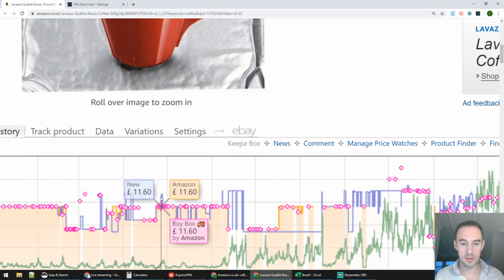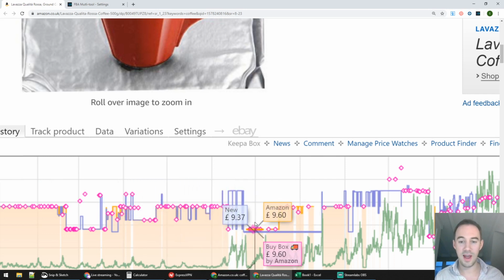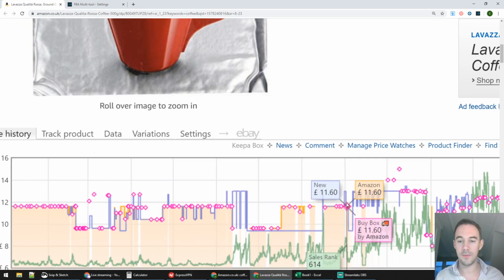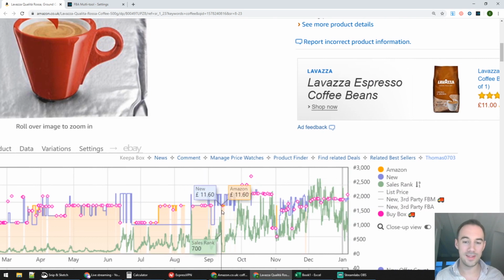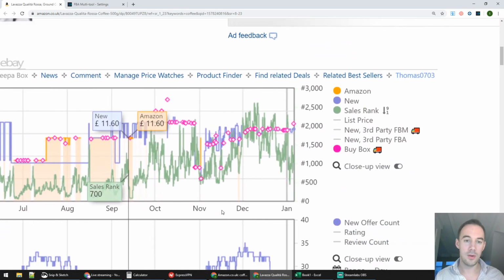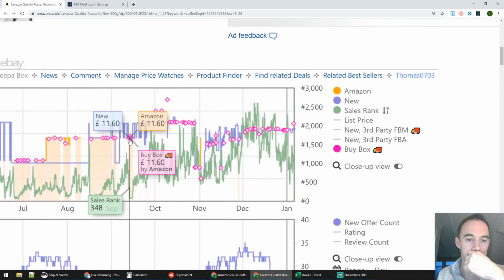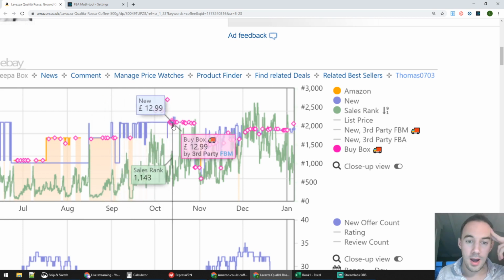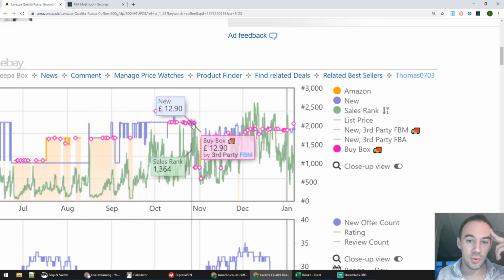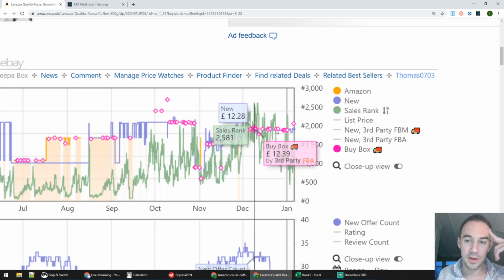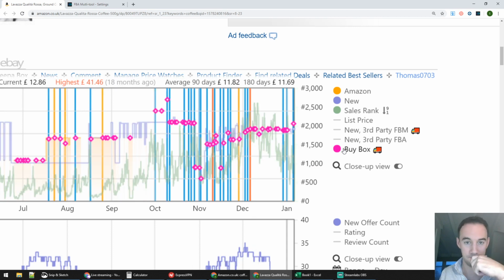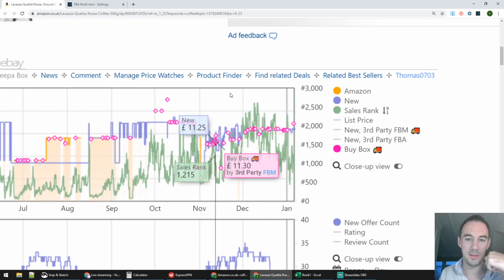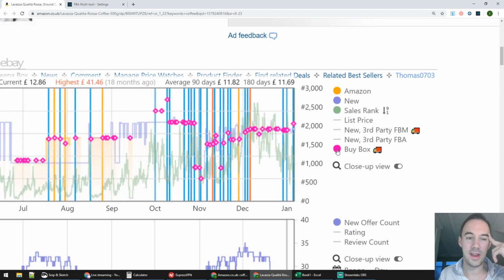£11.60. Yeah, it's gone down to £9, but then back up to £11.60. Now Amazon are off the listing, and we like the look of that. You can see here that we've got £11.60, and then up here it's going up to £12.90, and then it's about £12.39. If I look over the buy box over the last 90 days, right here just under the word product finder, it's telling me it's about £11.82. So if we use £11.82 as our figure,